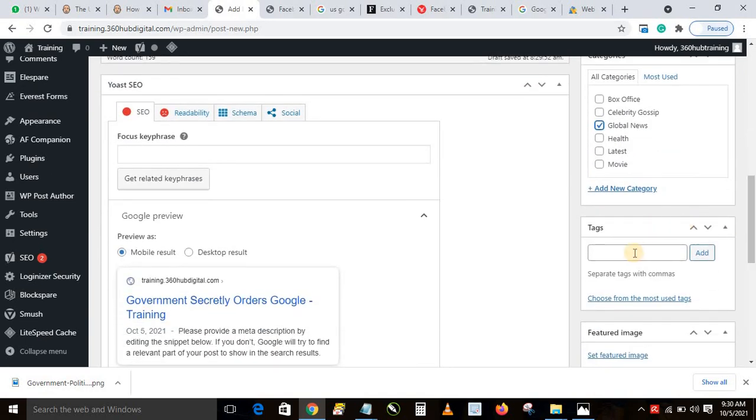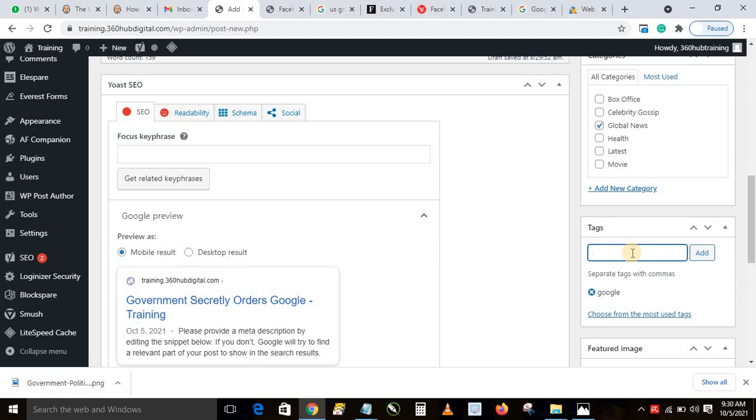Then if I want to add a tag, that is another way of making your blog user friendly, in the sense that your users can further look at smaller topics on your blog by tags. For example, in this case, I can just say Google, right? Because this news concerns Google. Then I hit enter. Then I'll say US government, right? And hit enter. What this means is that each time I publish a news that touches on Google, I